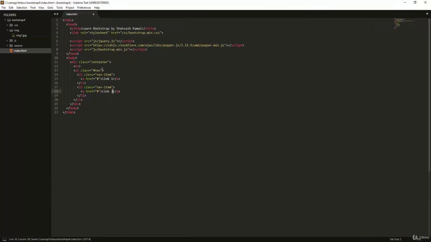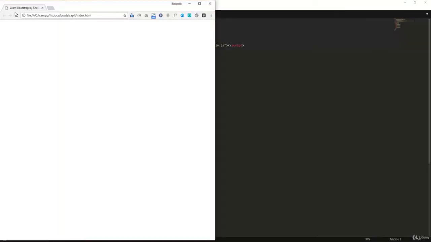the link two, and there. It is pretty simple what I'm just doing. Class again, nav item, and inside that the hyper reference, link again, link 3, and save. Now go to the browser and refresh that, so now you'll be able to see what